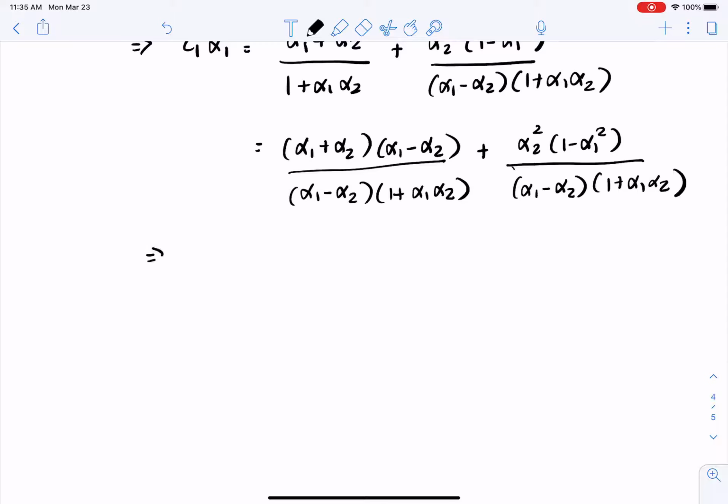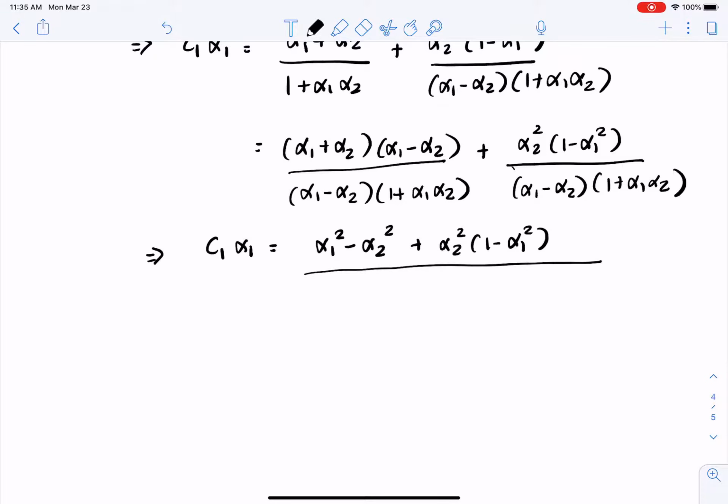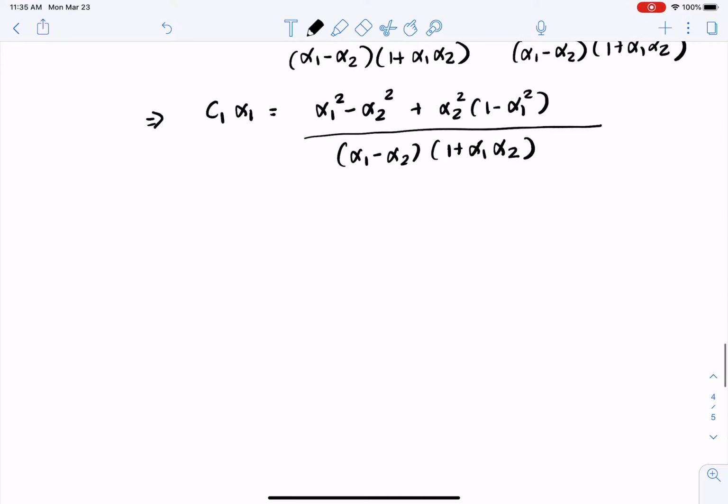So this would mean C1 alpha 1 equals alpha 1 squared minus alpha 2 squared plus alpha 2 squared times (1 minus alpha 1 squared), and the entire thing divided by (alpha 1 minus alpha 2) times (1 plus alpha 1 alpha 2), which would give us